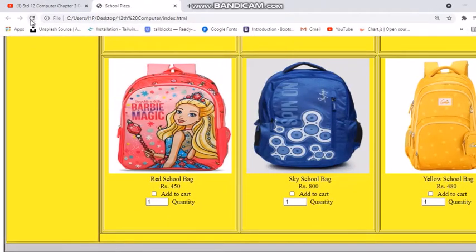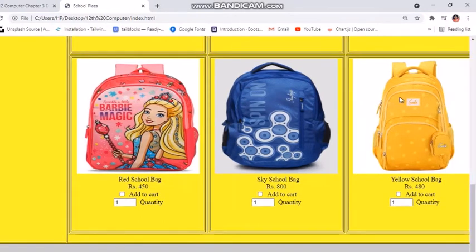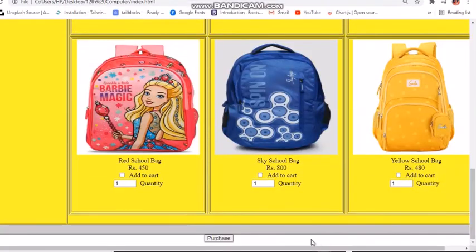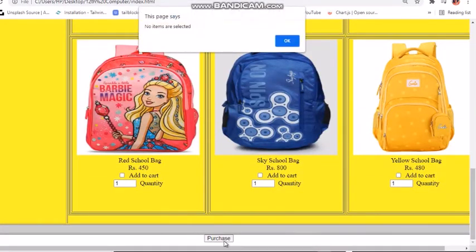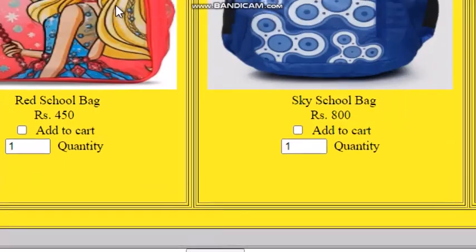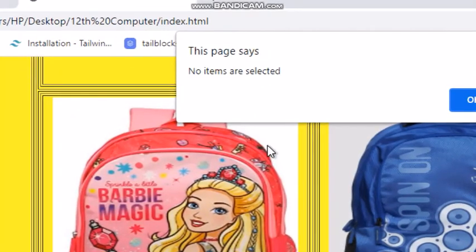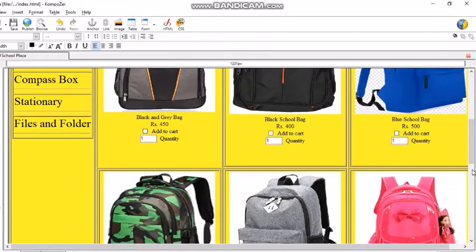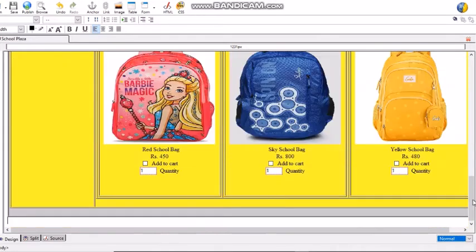Press refresh button. Now if I don't purchase any item from here and directly click purchase button, then a message is displayed: No items are selected. In index.html file, first we will add a button named purchase at the bottom and center of the web page.